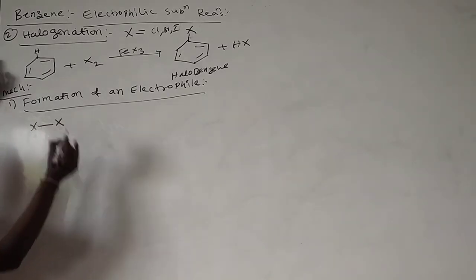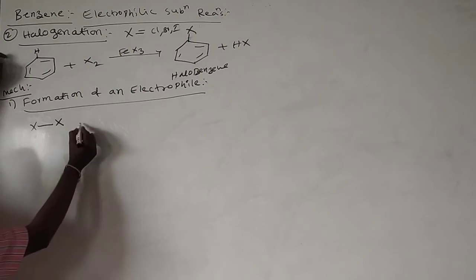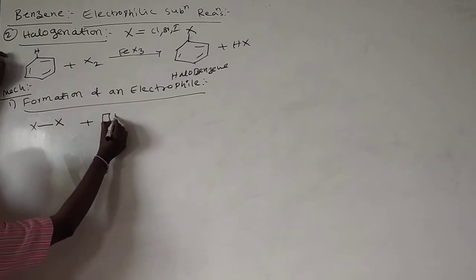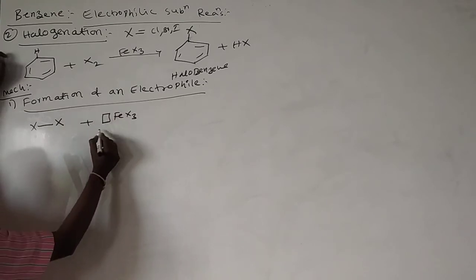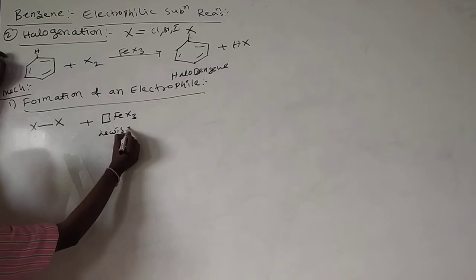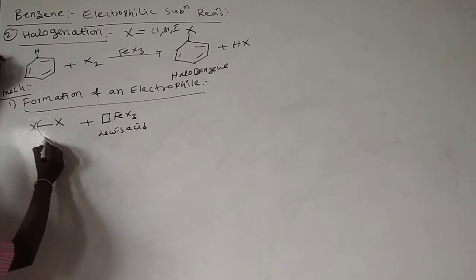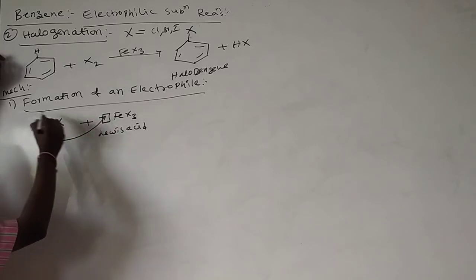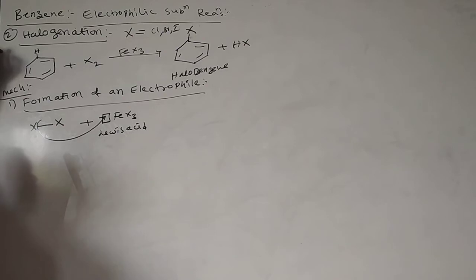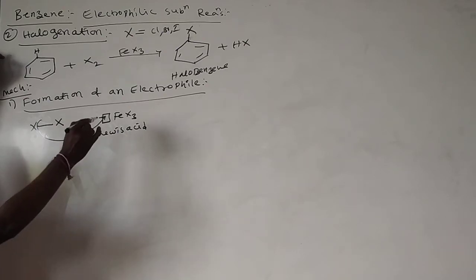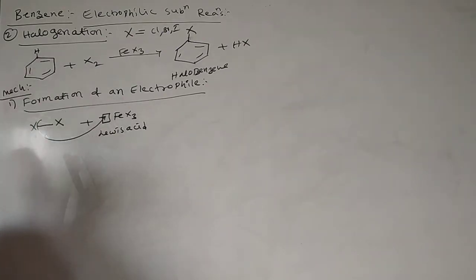This is the X-X bond. It reacts with ferric halide. Here ferric halide is a Lewis acid. Why? It has a vacant orbital to attract electrons from other atoms. Here the halogen donates electrons towards ferric halide and forms